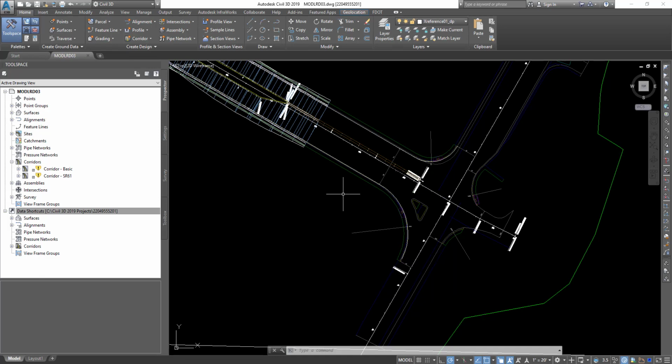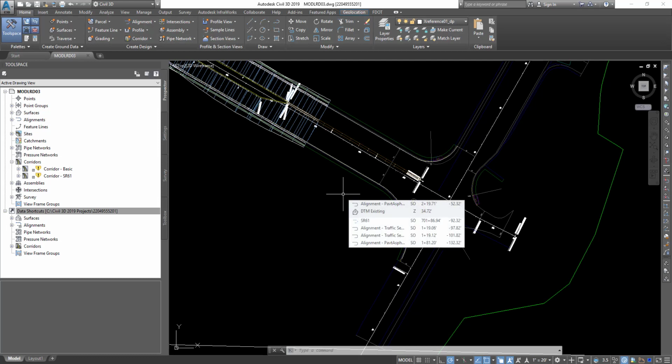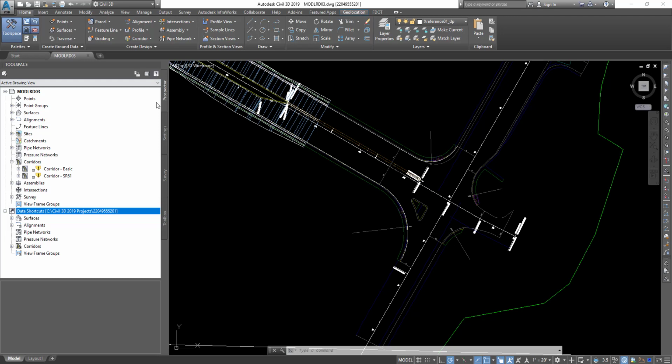Exercise 6.2. Create data shortcut references to corridor SR61 and US98. In this exercise, you will create data shortcut references to the corridor SR61 and US98 you created using the intersection wizard and then edited in the prior chapter. So on the tool space, on the Prospector tab, under Data Shortcuts, right-click and choose